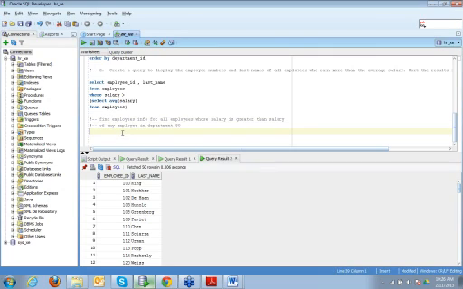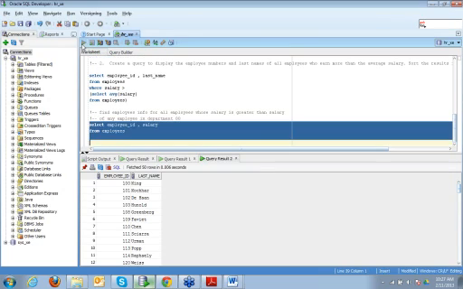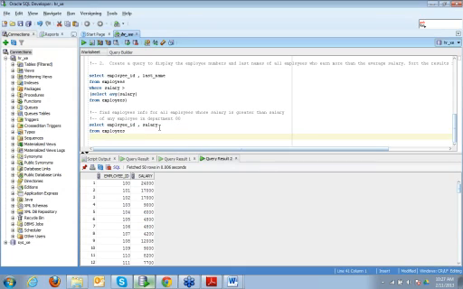So let me explain. Select, let's say, employee ID, comma, salary from employees. Okay, and let me add department ID also.